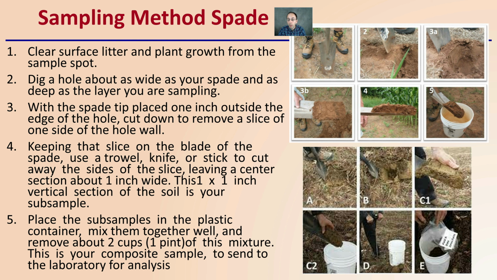And this is an explanation of the spade method. Then we also get into the PVC pipe sampling method, where the same thing can be applied to a PVC pipe or also a coring device. So with a coring device or PVC sample, acquire a 2 foot length of 1.5 inch PVC pipe, mark 6 to 9 inches on the pipe, pound it into the ground at least to the 6 inch mark, but try to get to the 9 inch mark, remove the core, dislodge it into the pail, and repeat this